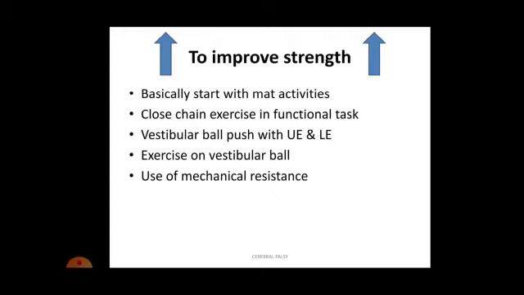Now in this we have to take care that if the child's grip is weak, then the use of free weight is not advisable, like dumbbell, etc. Clear? So in that case you can use sandbags. Why? Because if the grip is weak, it is possible that during exercise the dumbbell may fall and may injure the patient's lower limb. So in that case we have to be careful, but if the grip is good, definitely we can think of dumbbells. Otherwise go for sandbag, because sandbags will not fall, they are tied by us. Now use of TheraBand, so definitely as we discussed it will be helpful.